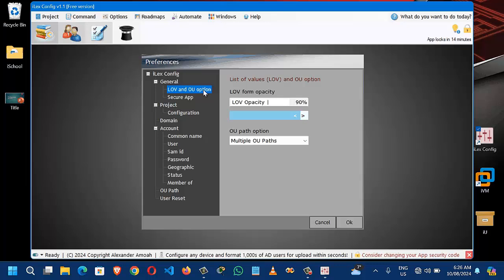This makes it easier to see through the LOV and make use of any interesting parameters from the underneath form. So on the underneath form, you will see through the LOV and see whatever parameters you are interested in underneath it. So how do you do it? Right now we can see the LOV opacity is at 90%. That means you can see through a bit